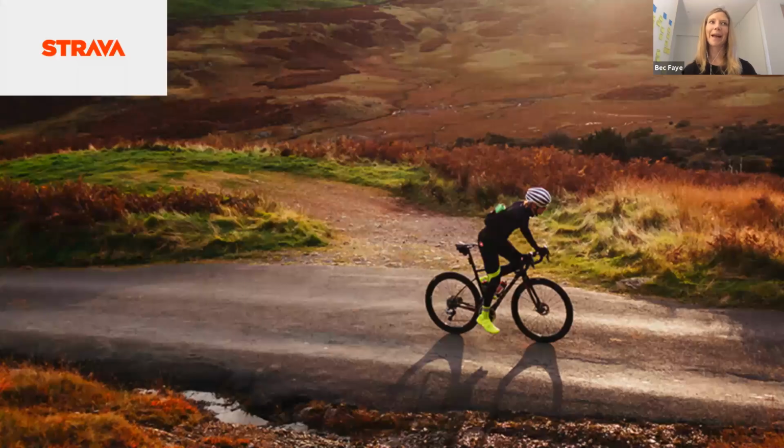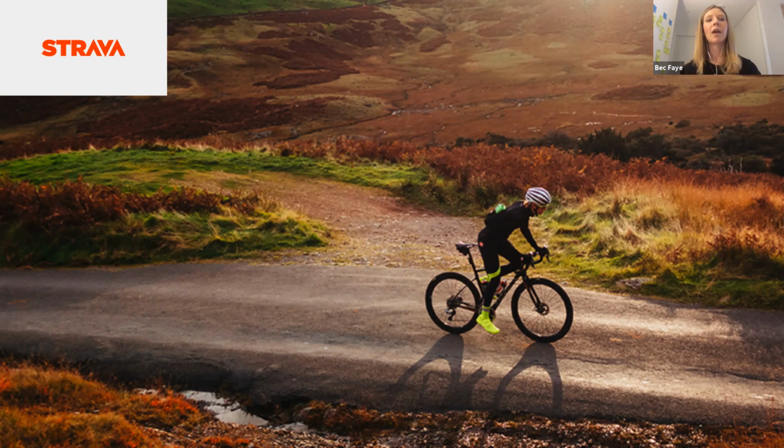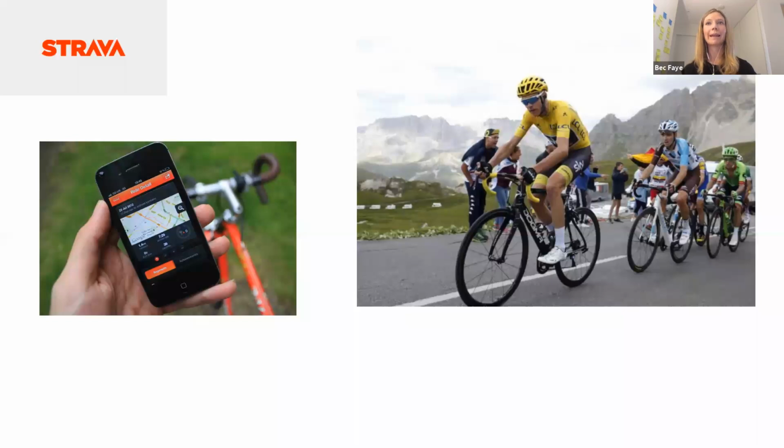The other example I have is Strava. Strava tapped into the emotional layer when they realized that cycling as a sport can be quite lonely, but really, it's all about the camaraderie and being able to compete against each other. Once they figured that out, that inspired the Strava app, which allowed people to compete against each other, even though they're riding remotely, on their own.